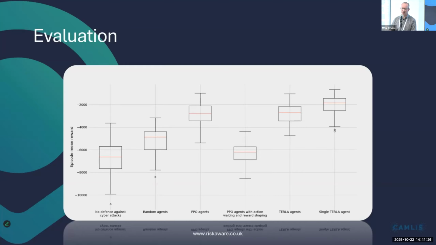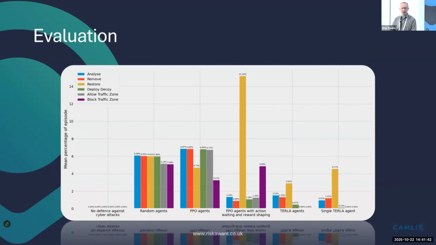And then on the right-hand side, the two right-hand columns, we've got the TERLA agents and the single TERLA agent. So the separate TERLA agents perform almost identically to vanilla PPO agents, and that single TERLA agent actually performs slightly better. So if we look at the distribution of actions taken by the different agent types over that evaluation, obviously